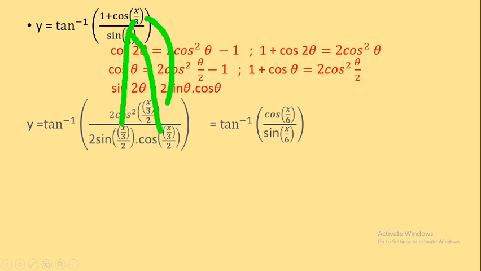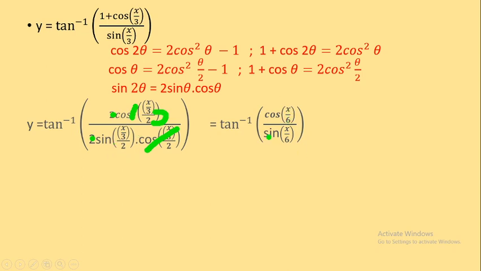Getting it? Now you can see here that this 2 and this 2 get cancelled, right? Then as we have cos square x by 3 by 2, one cos over here and this cos totally gets cancelled. So the only thing which remains is tan, y is equal to tan inverse, in the numerator remains cos x by 6. Now what is x by 6? This 2 goes up near to 3, so 3 multiplied by 2 is 6, so x by 6.